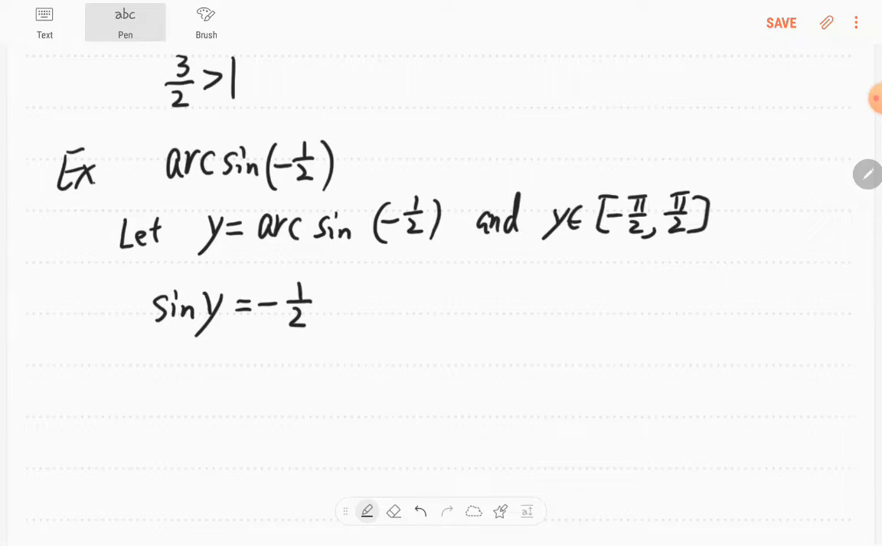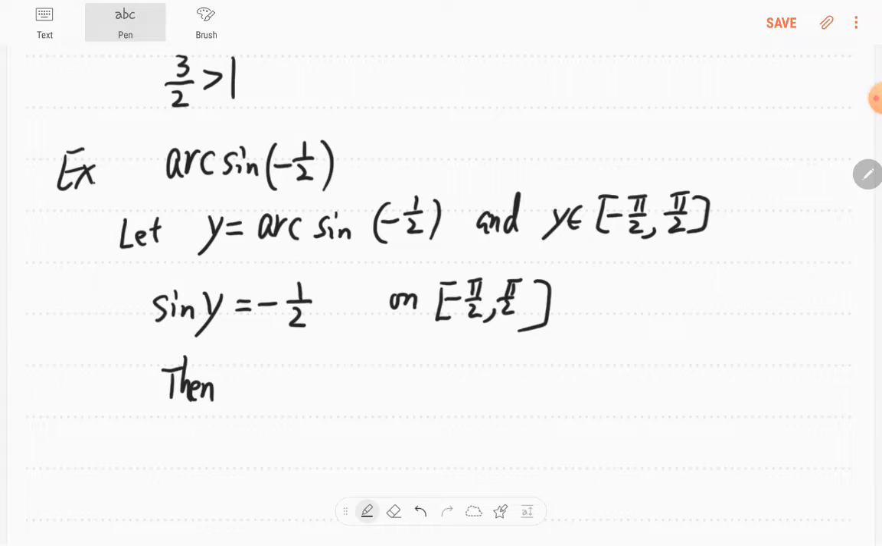Okay, on the interval from -pi/2 to pi/2, there is only one choice to make the sine value -1/2. We know 1/2 means that if the angle is pi/6 or 30 degrees, then the sine value would be +1/2. But